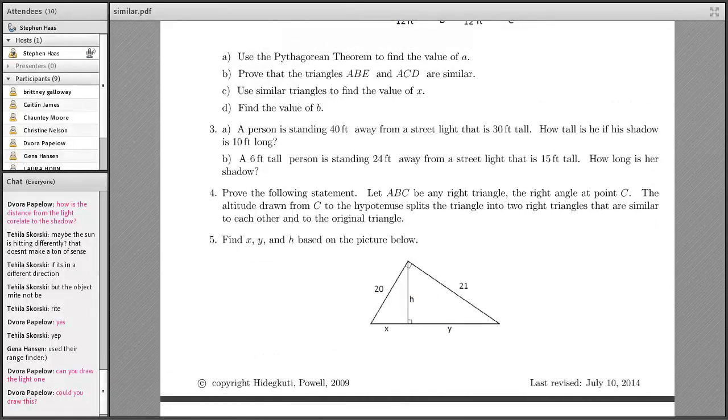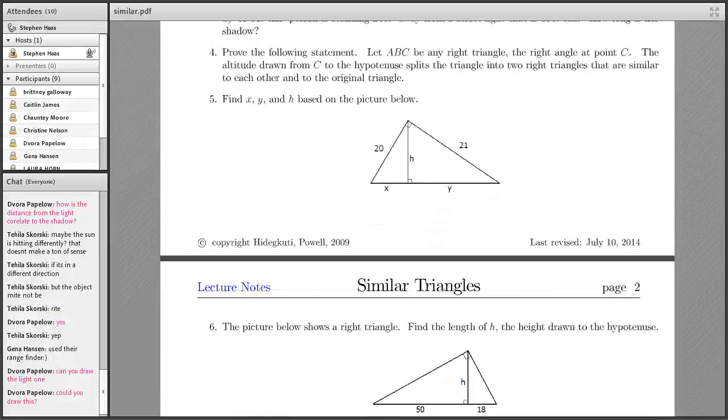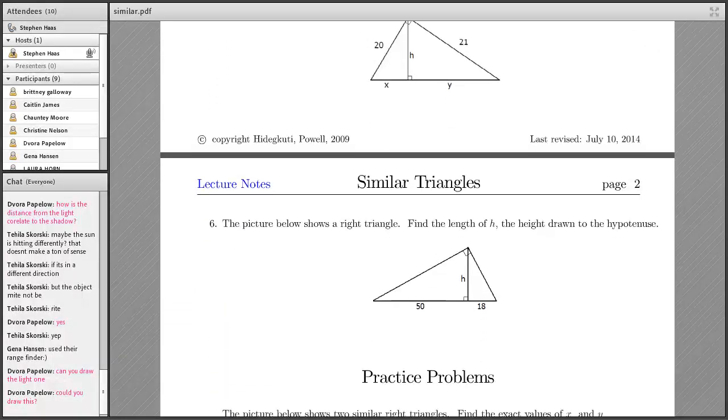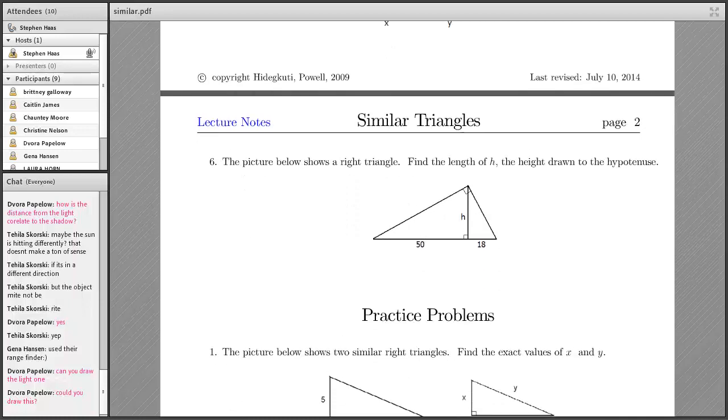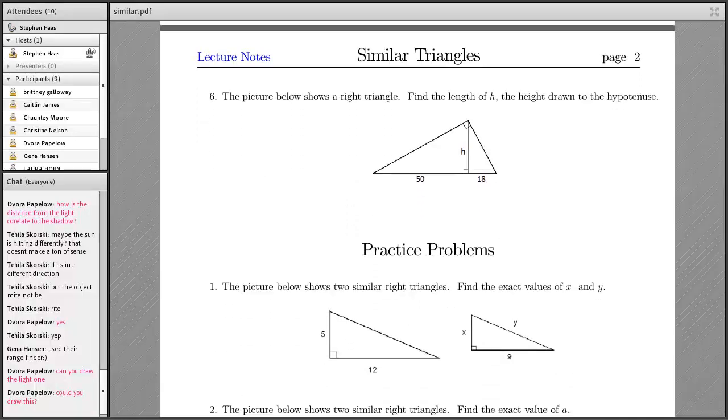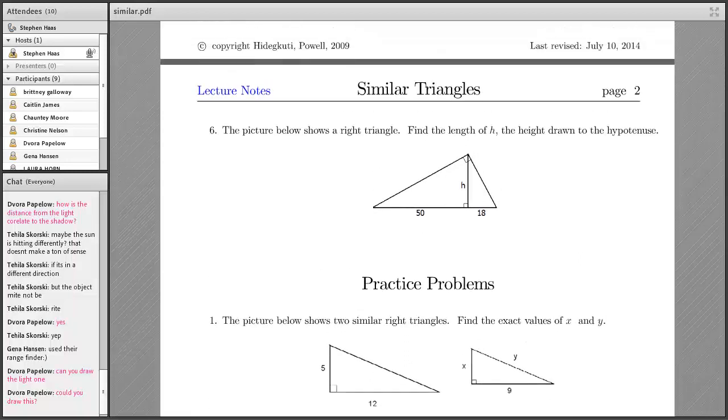How would you do it? Hmm. You know what? I'm not sure. I think that number 5 requires some trigonometry, which we didn't cover yet. Number 6 we can do. How would you do number 6? Number 6, as we discussed before,